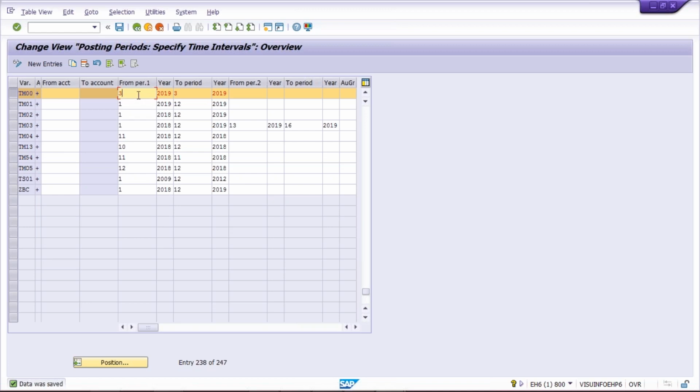Here the March period is open. Now they have to open the February month also. They are going to do it here from period 2. They will open February 2019, and again 2019. So here March is open, February is also open. Okay, so whenever